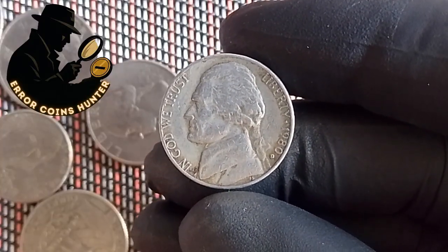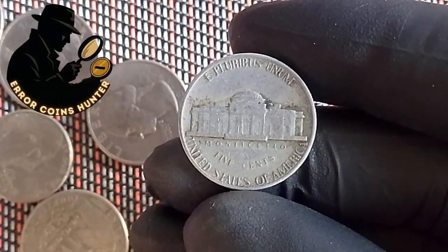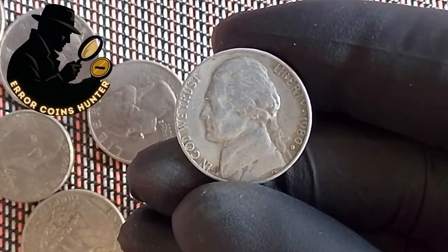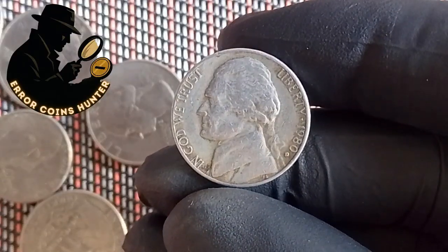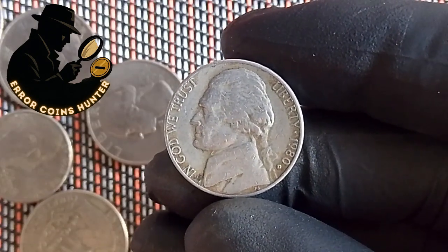NGC conducted an exhaustive authentication process that took over 14 months and involved collaboration with metallurgists from the Colorado School of Mines, former U.S. Mint employees who had worked during the 1980s, and multiple independent forensic experts, and their analysis confirmed what seemed impossible. The planchet was 95% pure platinum, with trace elements consistent with industrial platinum used in the